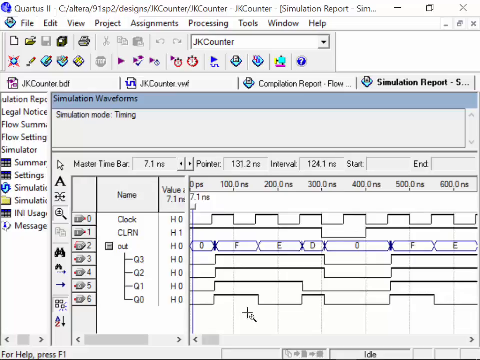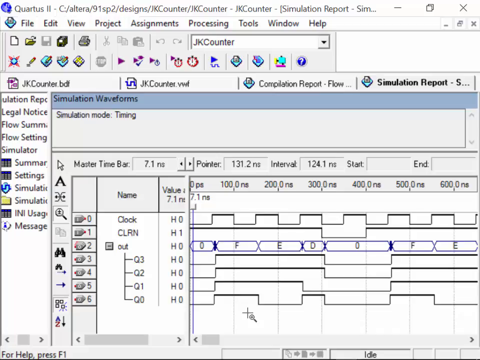just notice that I went from D right to 0, so my asynchronous clear. And if you also notice, I put my clear where it went low on a trailing edge instead of a rising edge, it didn't wait for the rising edge. So that's a way of resetting the counter midstream right there. I could do the same thing with the preset and tie everything high instantly. So those asynchronous inputs